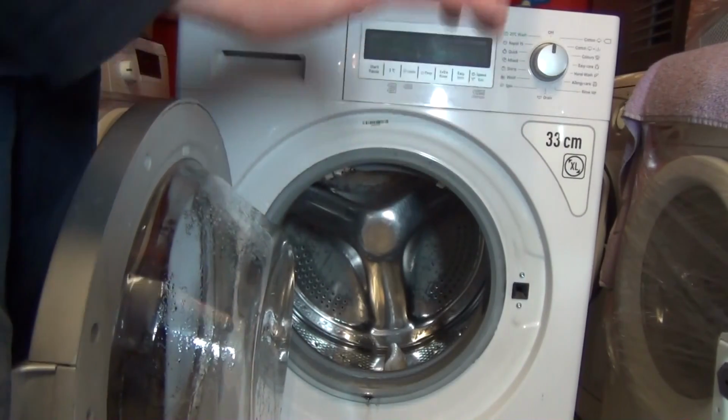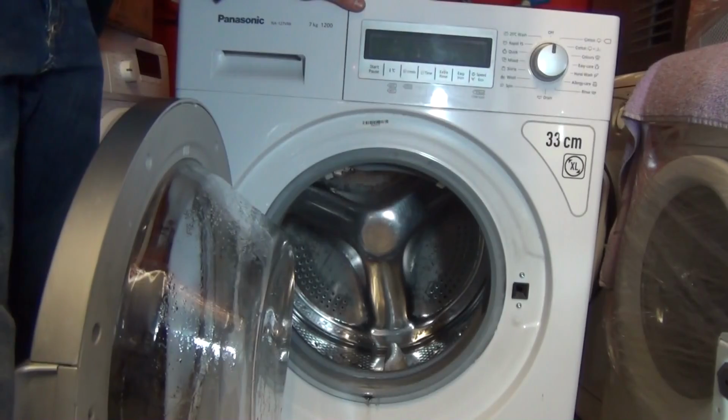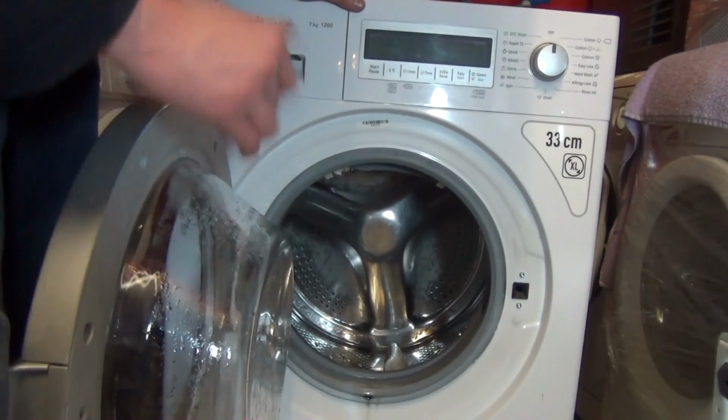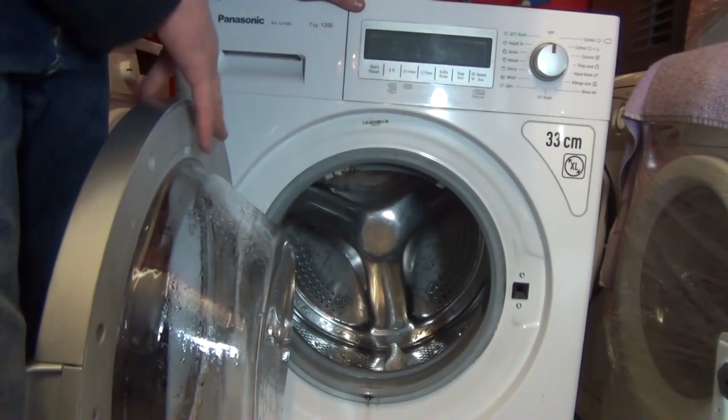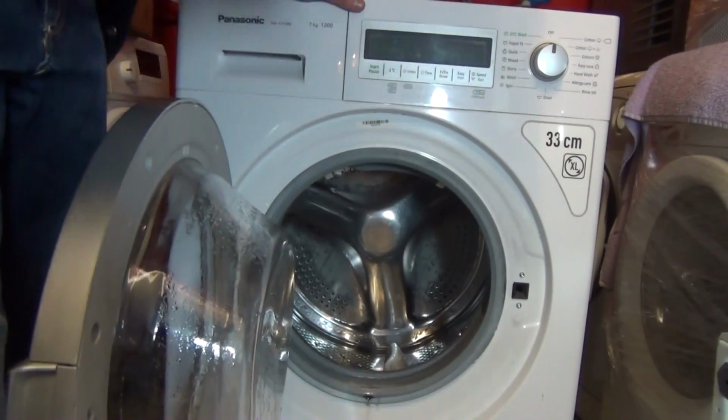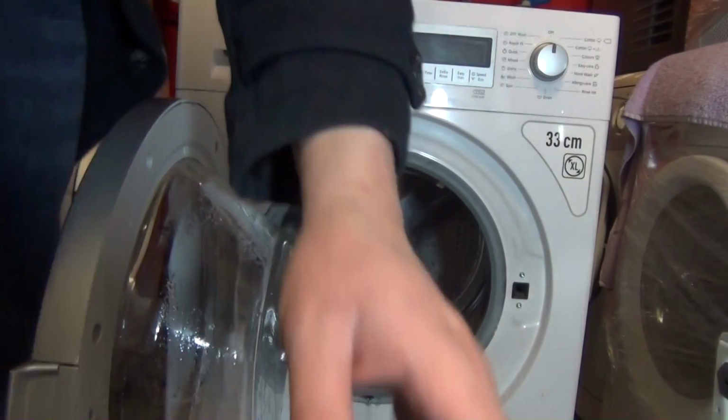He said that the brushes are gone, but when I actually went to pick it up, he said the bearings are gone. What's happened is Panasonic have come out, and it has a 5-year warranty, and they've written it off. So it's only a couple of years old. But if you look inside,